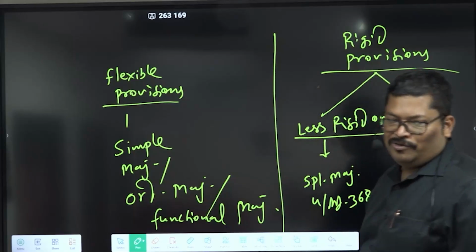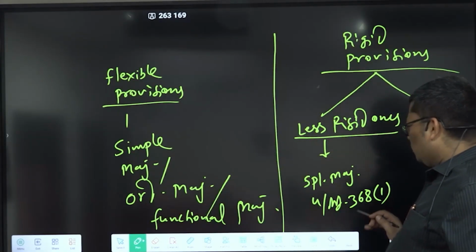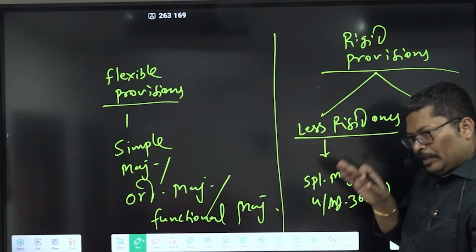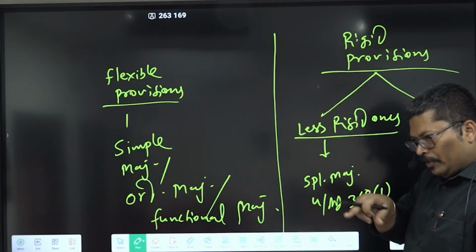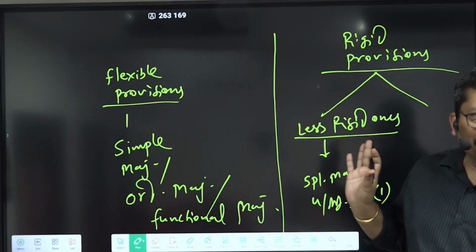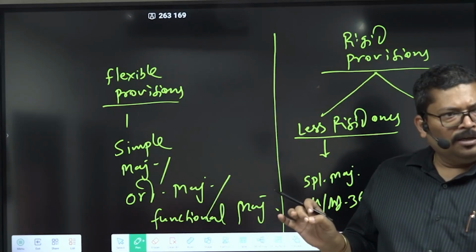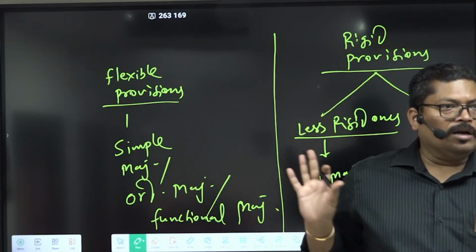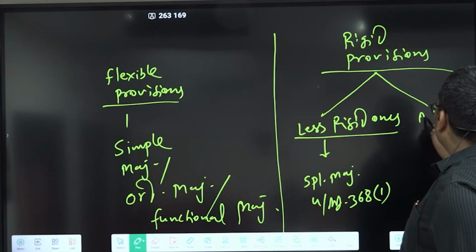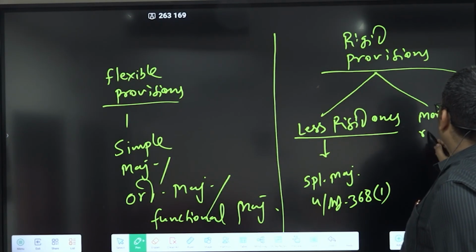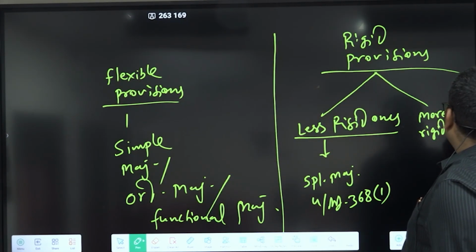368 clause 1 limits the entire provision corresponding to constitutional amendment within the periphery of the parliament only. So the entire proceeding will take place in parliament. But for more rigid provisions,